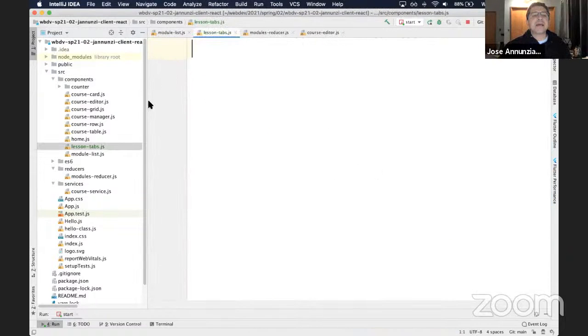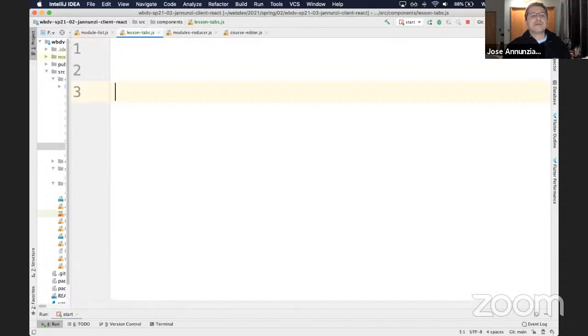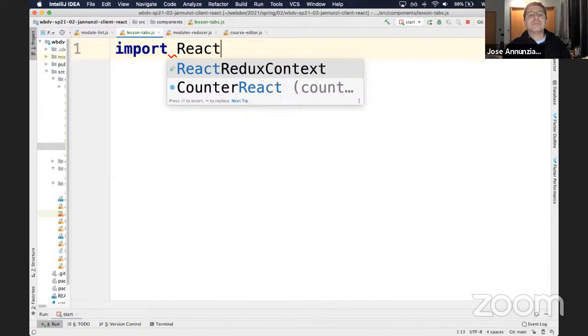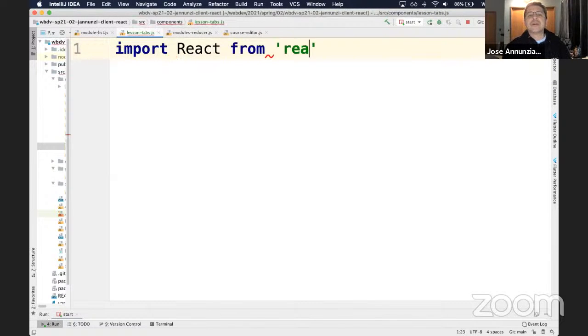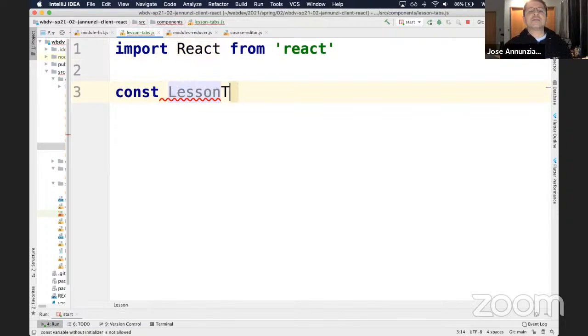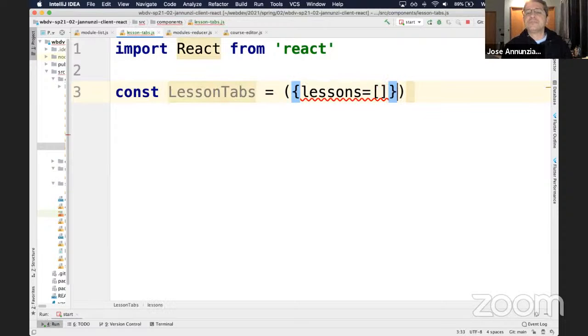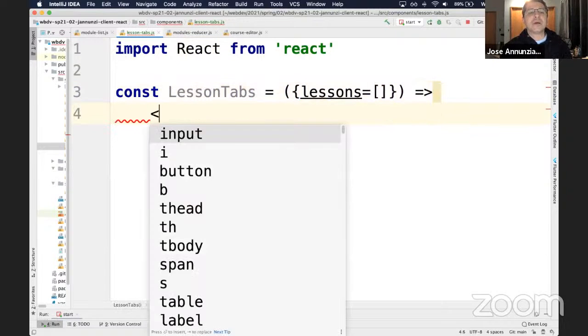Lesson tabs is going to be a React component from React, and it's going to receive the lessons as an array, right? Which is going to be maybe